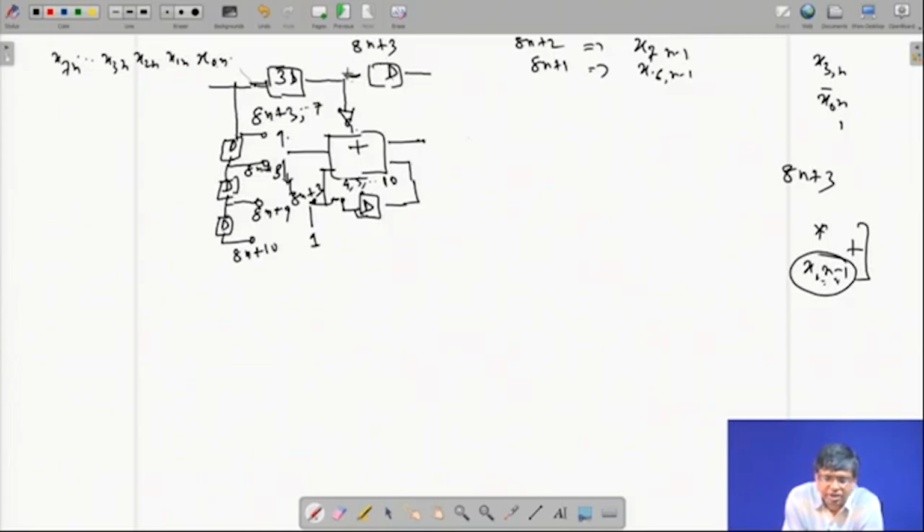If I increase the delay by 2, what will happen? At 8n plus 3, I have x0n, and what will come here is what was here 2 cycles ago, which will be x6n minus 1. One cycle ago was x7n minus 1, the last bit of the previous word; 2 cycles ago, the last but 1 bit of the previous word, and so on. But my target is neither x7n minus 1 nor x6n minus 1. It is x1n minus 1. So I have to go on delaying. How many cycles? You will see, if I delay by 7 cycles,